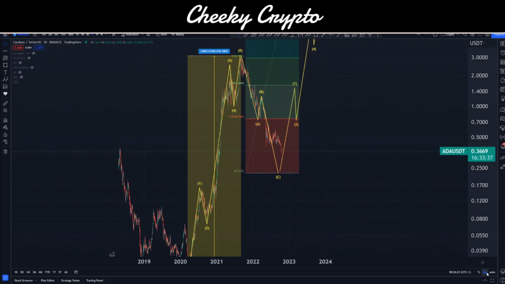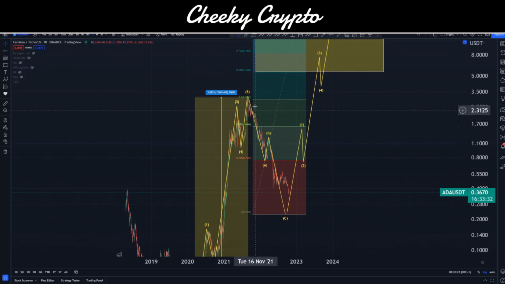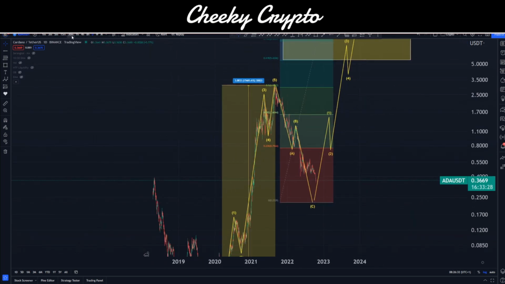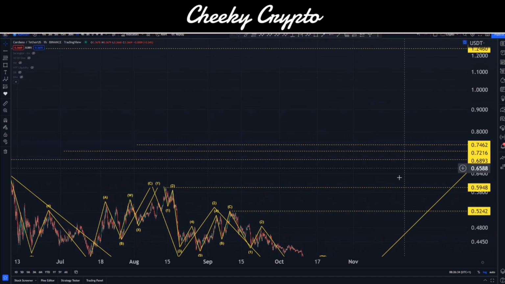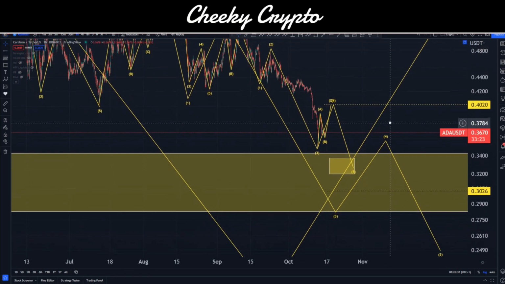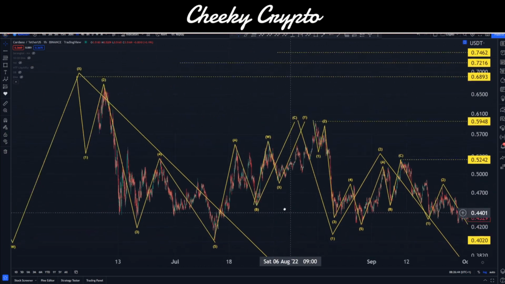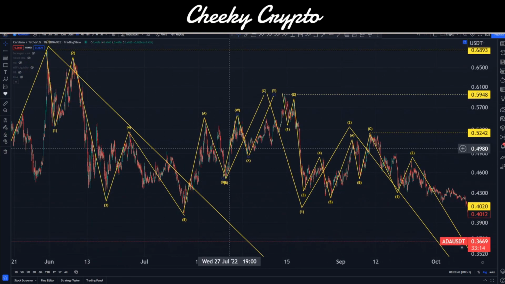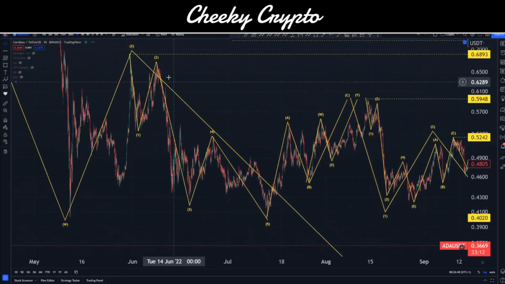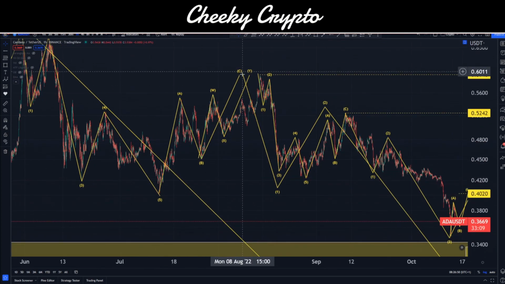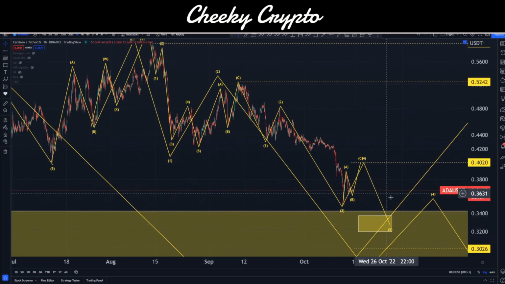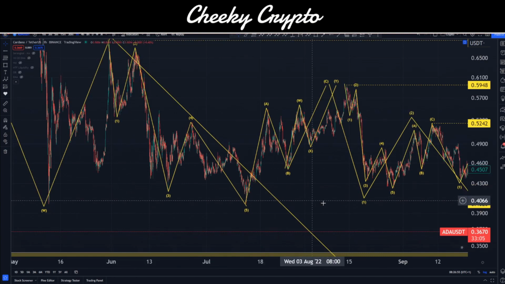If I come to the daily, our macro structure to the downside, 22.23. Okay, that's something that we've been tracking since $3.10. And after that, we can talk about those fantastic moves to the upside, right? So when it comes to the bear market lows and we structure all this out and start scaling it out to the higher timeframes, things do look like they need to come down lower. And so I'm thinking this is actually going to be a much bigger kind of zigzag play. And you can kind of see the 5 waves over here, right? The 3 waves going up, the 5, 3, 5, 3, 5, finishing off the bigger 5 wave structure.